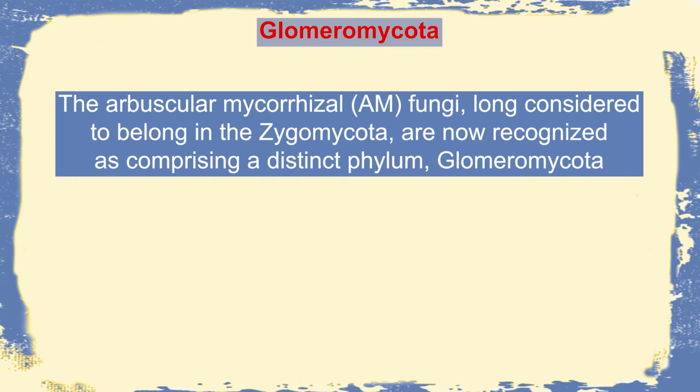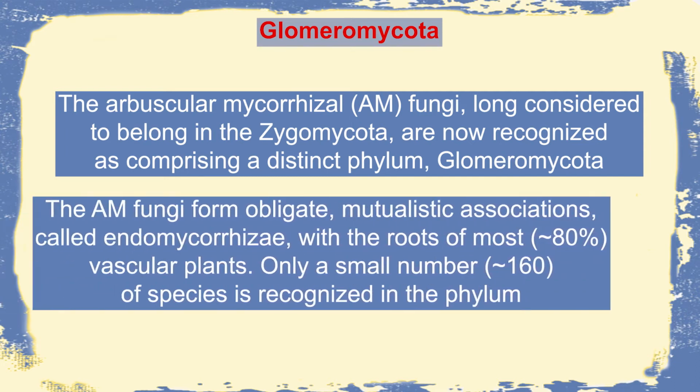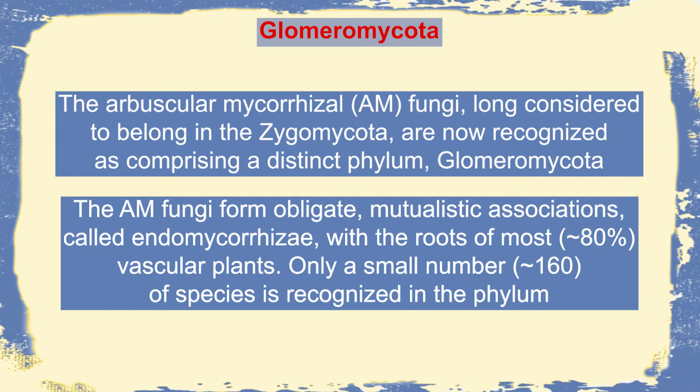A group of fungi which was placed under Zygomycota, now it has got a separate division, and that is called Glomeromycota. So Glomeromycota is different from Zygomycota because they produce a unique group of fungi developing as arbuscular mycorrhiza, and this particular arbuscular mycorrhiza will be developing mycorrhizal association with the plant body, and they survive as endomycorrhiza, and there may be 80% of vascular plants which will be invaded by this fungus, and they develop this association, meaning the plant will give the sugar to this particular fungus, and in exchange the fungus will supply nutrients and water